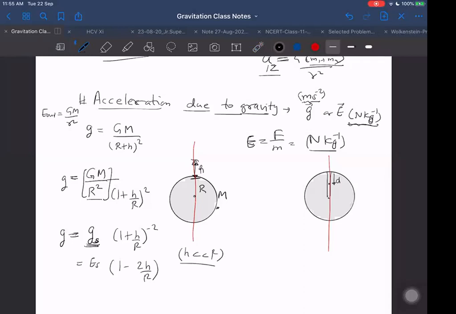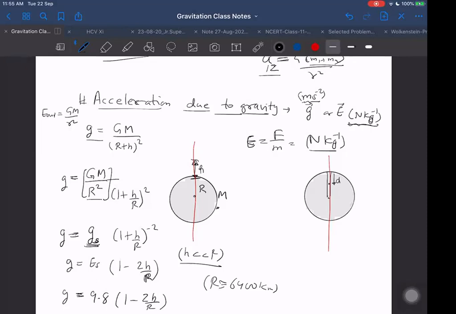It does not mean I will take it as 0. I will still consider its effect, because I am here to find how g varies with height. If I completely remove height, then what is the use? We will not get any result. So it is 9.8 into (1 minus 2 into height divided by r). The radius of Earth r is approximately 6,400 kilometers. Using that, you can get the value of g at a height. If it is just 1 kilometer, the difference is very small. We will discuss this for maybe 100 kilometers height.